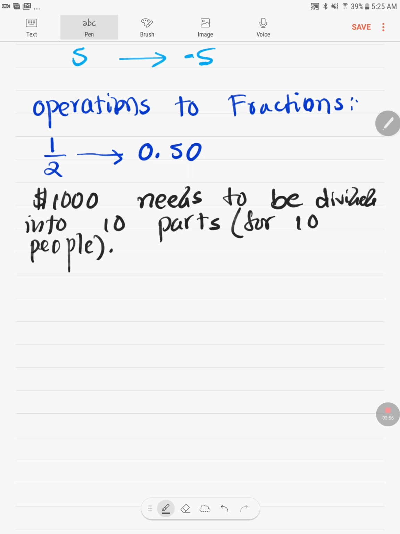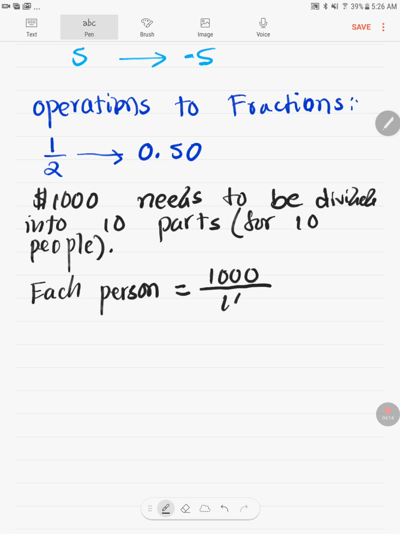How much does each person get? Each person will get 1,000